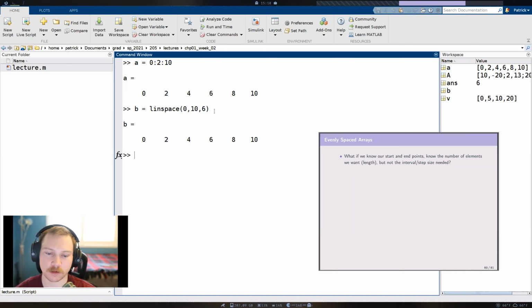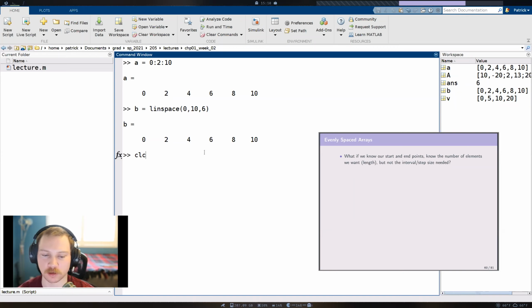So I'll press enter, and then we have the exact same vector. I made the same vector here just to show you how it works. Basically, we use the linspace command when we know our start point and our end point, and how many elements we want in that vector,